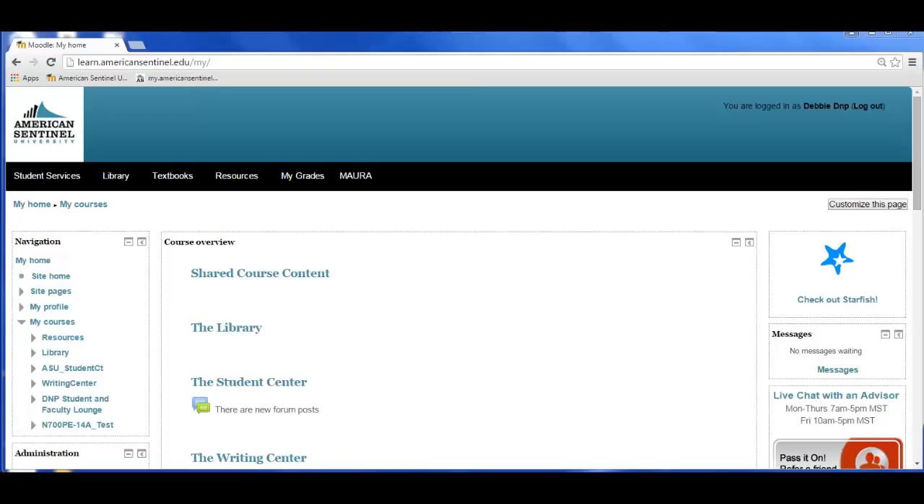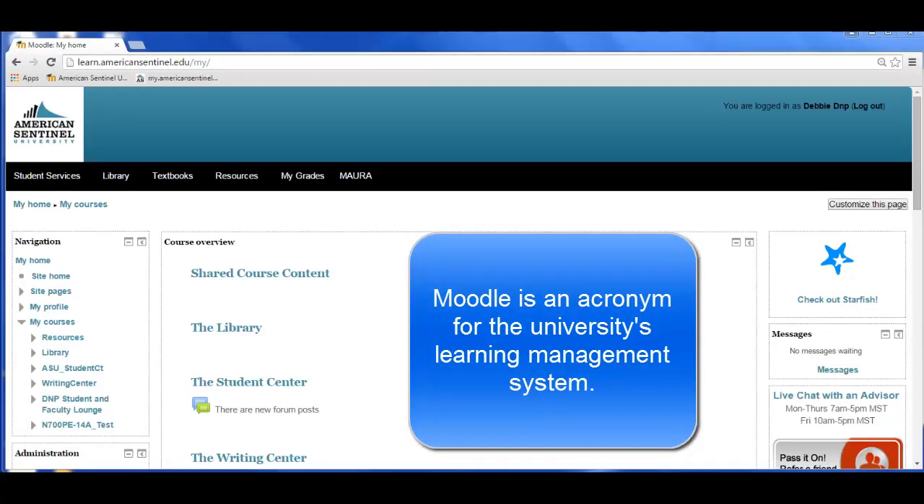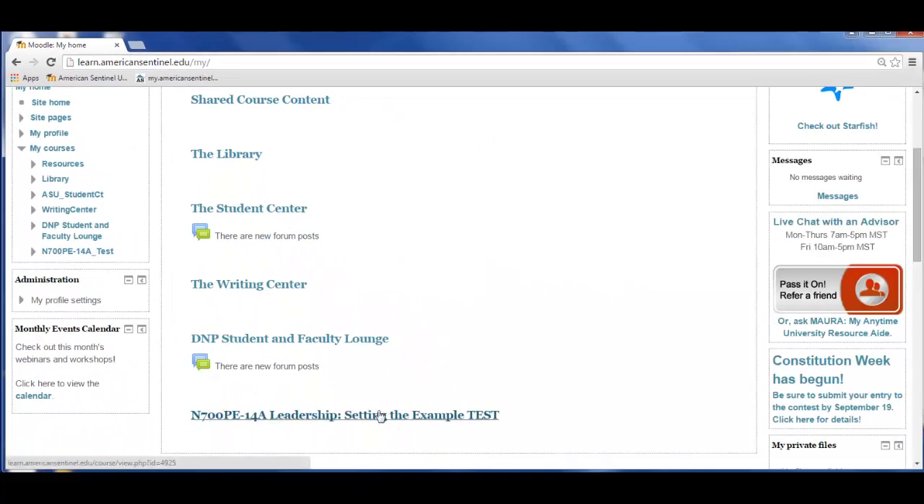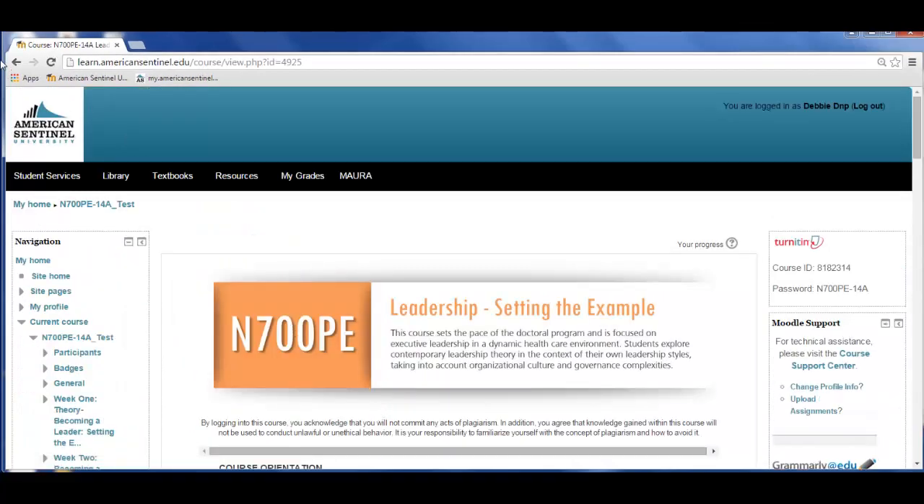This tutorial is going to discuss Moodle. Moodle is the main course page where you're going to access all of your classrooms. I recommend bookmarking this page, learn.americansentinel.edu, as you will be navigating here quite often to not only access your courses, but also to find a